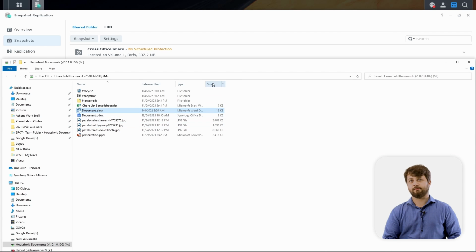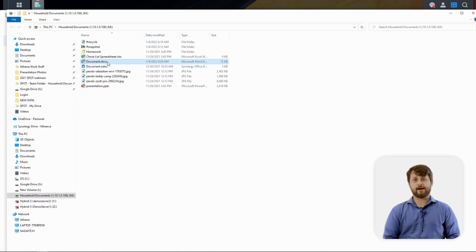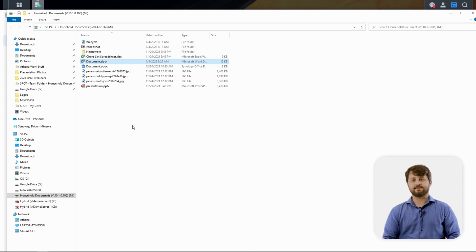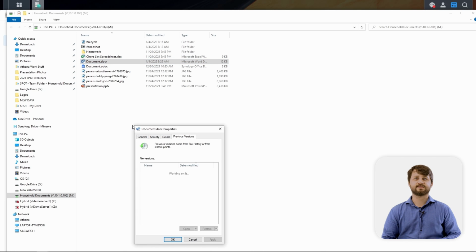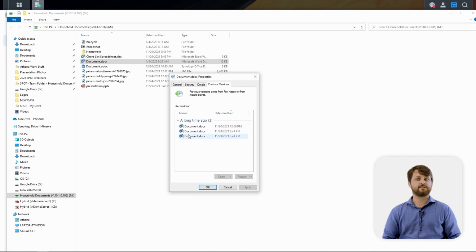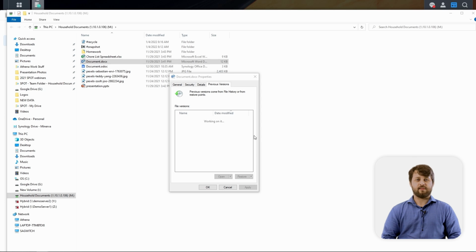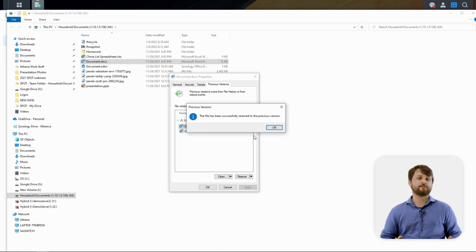So we're going to look at our document right here. We're going to right-click and go to Browse Previous Versions so that we can see those snapshots directly inside of the Windows operating system. You can see we have our previous version right here, and we can select it to either open it to verify it is indeed correct for this specific version, what we actually want to return back to, or we can just go ahead and click Restore right away to revert this document to a previous point in time. And that's the power of snapshots. It can provide robust versioning to any kind of file server environment utilizing your Synology NAS.